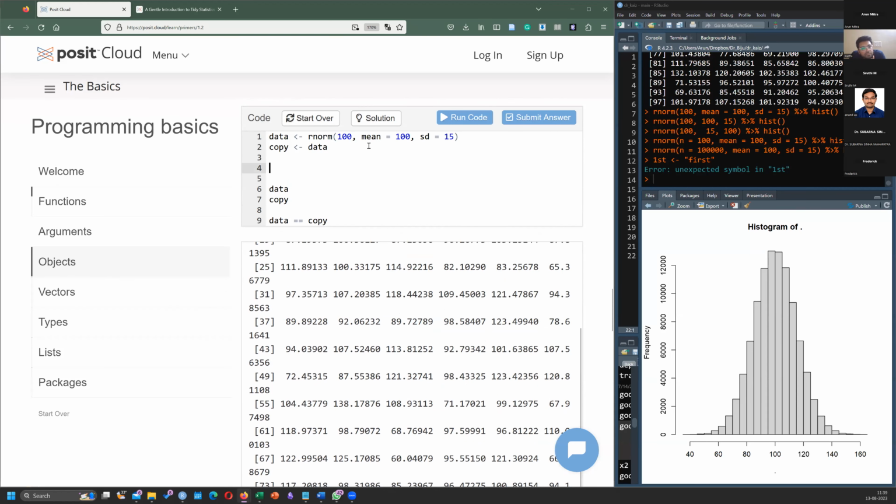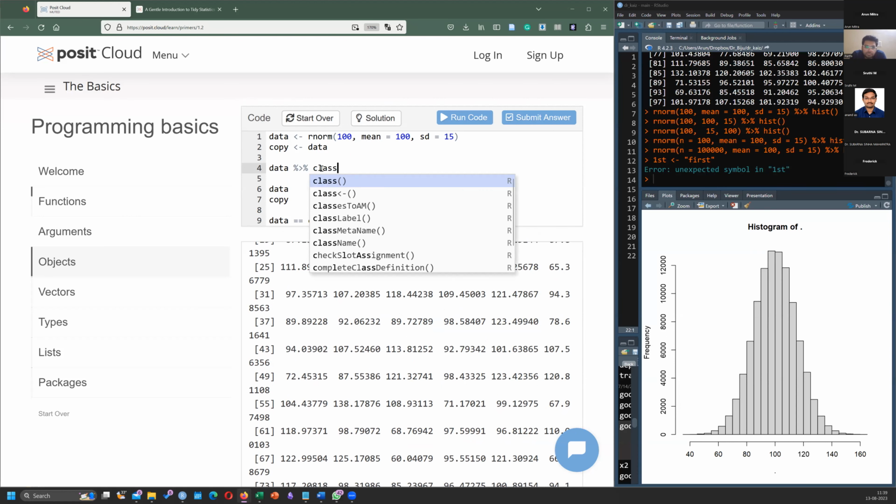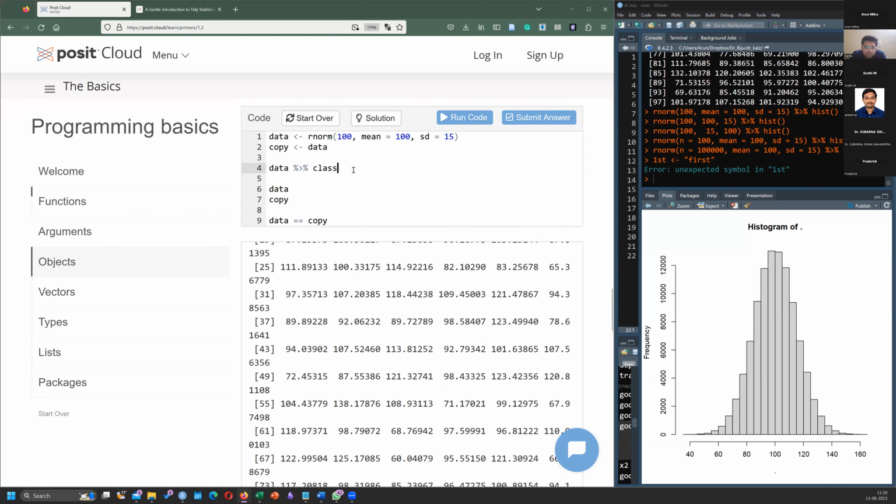What is data? You want to find out what kind of object it is. How to do? Data class. There are other things also, like structure, we'll see that.